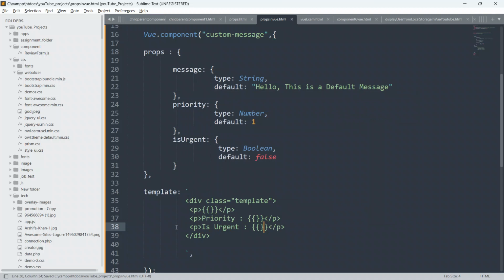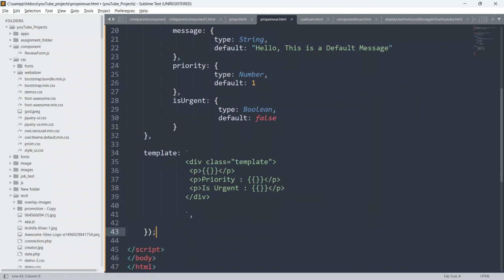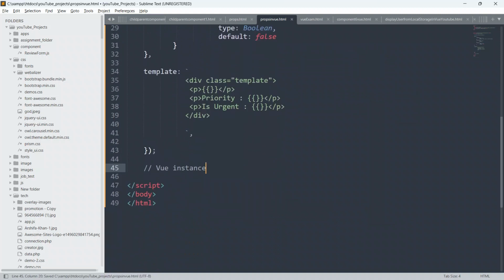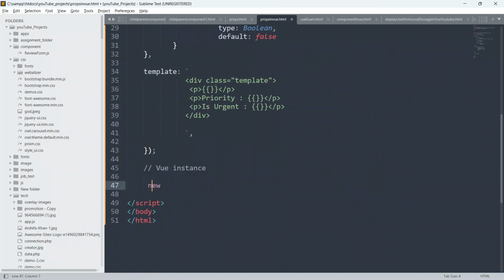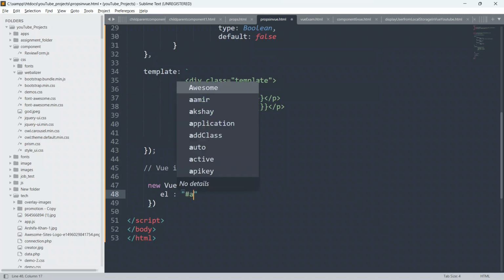And now we have to create our Vue.js instance. So I will add a comment, Vue instance, and we have to say new Vue. Open parenthesis, then curly braces, and we will give el colon, inverted commas, put hash, and say app.